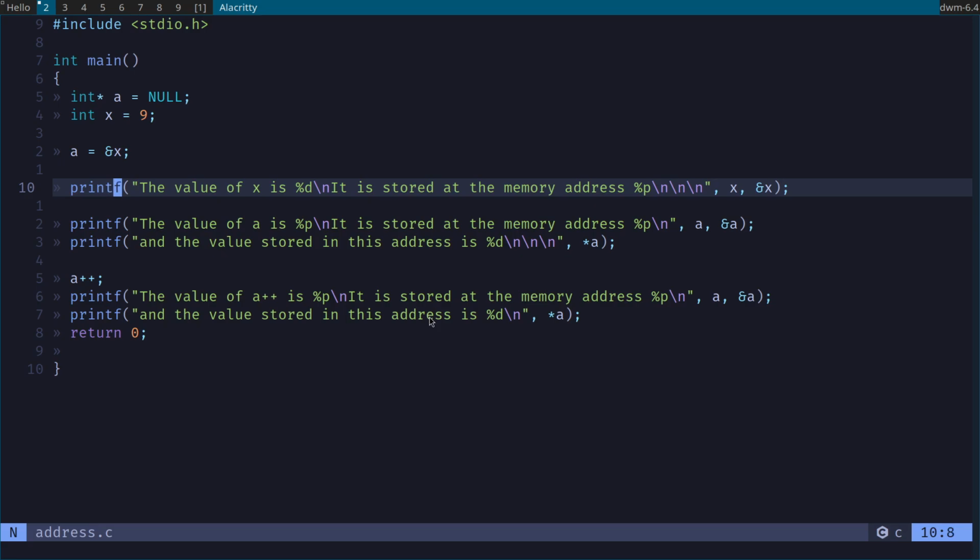Here I'm printing x and where it's located. Here I'm printing the value of a, and then saying where a is. And then I'm also saying what the value is that a is pointing to, in that area it's pointing to, with this line.